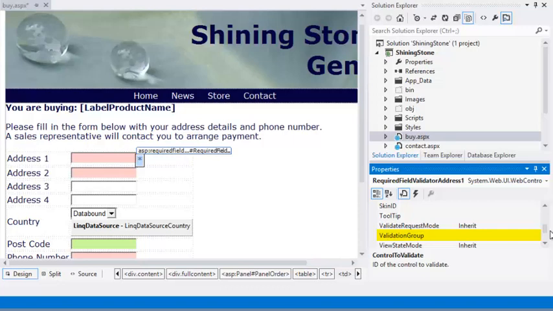Validation groups solve this problem. All validation controls have a validation group property, which is blank by default. This means that, by default, all controls belong to the same validation group. If you wish to associate some form controls with a particular button, such as associating the username and password fields with a login button, you would set the validation group property of these controls to the same value. When the user clicked the login button,